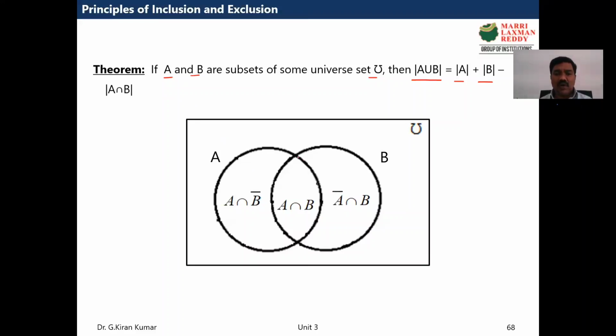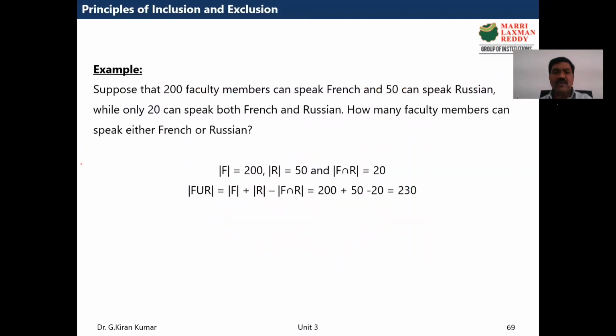Why? Because we want to calculate the sum of the elements in this area. Please make a note, please understand the diagrammatic values. I want to find out the sum of values in this. Then this is nothing but sum of A, and sum of B. When I take sum of A and sum of B, this intersection part should be covered only once, but it's covered 2 times. So therefore, we are deducting once. Got my point? So this is how this principle of inclusion and exclusion has come.